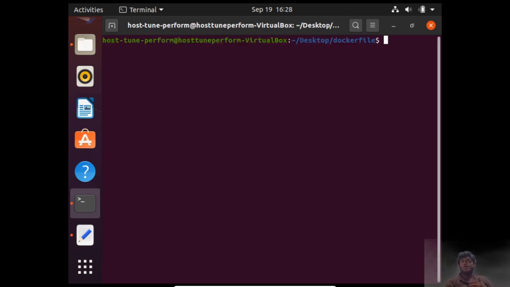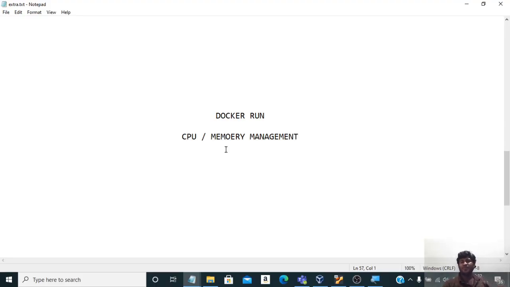So there is something also called push and pull. In the similar way, we can push the image to the Docker Hub and we can pull the image from the Docker Hub. So now let us talk about CPU and memory management of containers. While we run the containers, we say docker run, and while we run it, we manage CPU and memory. So the host can have 8 GB of RAM, 16 GB of RAM, and it can have a quad core processor or a dual core processor or Pentium, i5, i7. So it can have AMD, different kinds of CPUs, right?